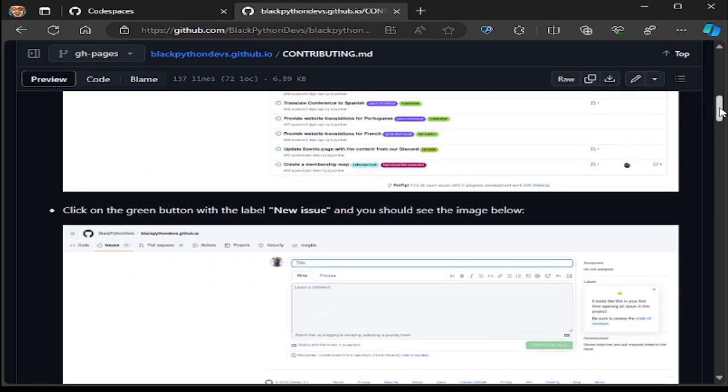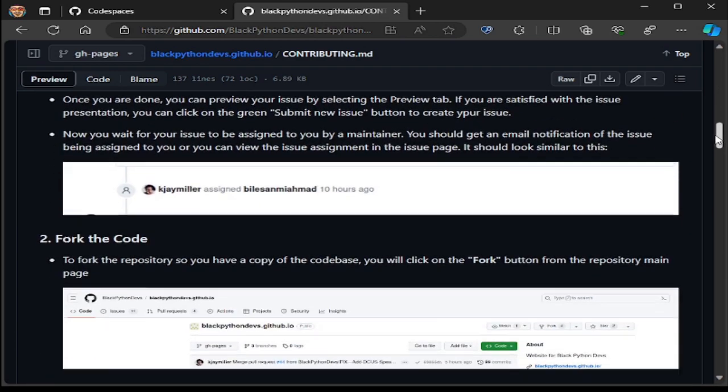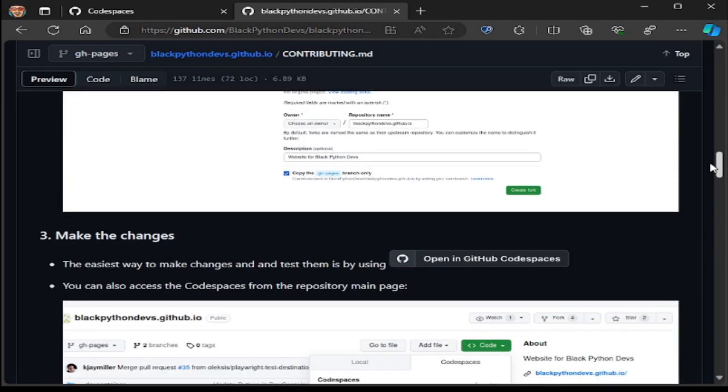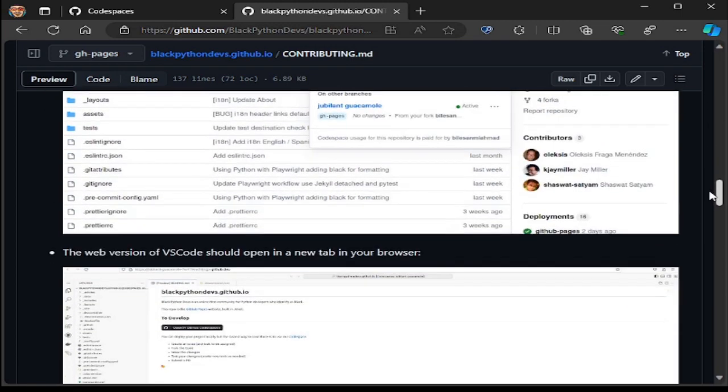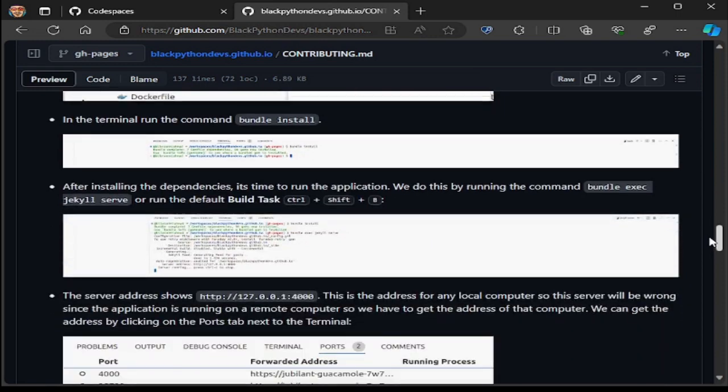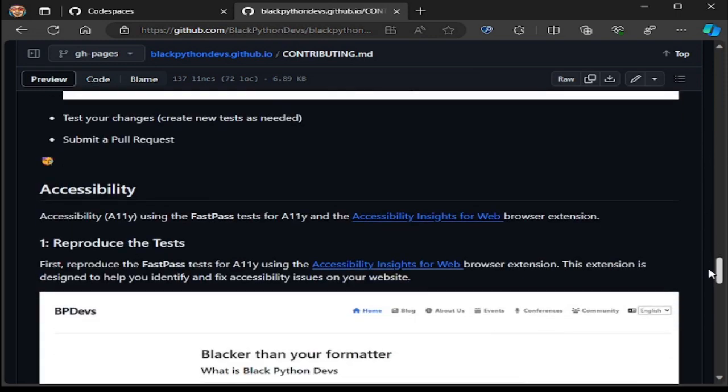In general, if you want to clone the repository, send pull requests or issues, we have other sections to